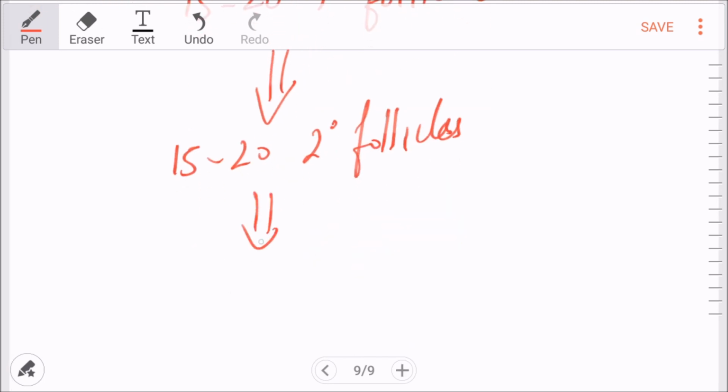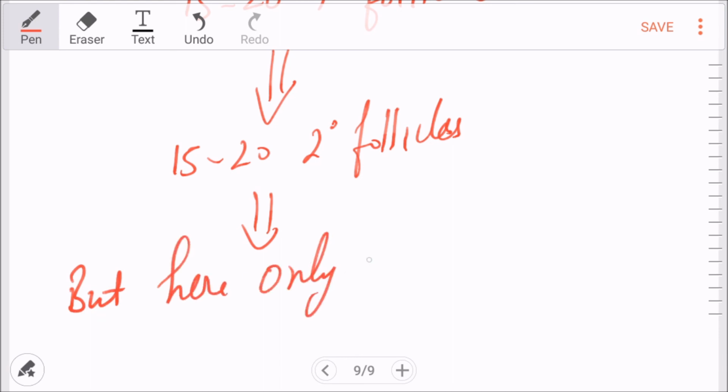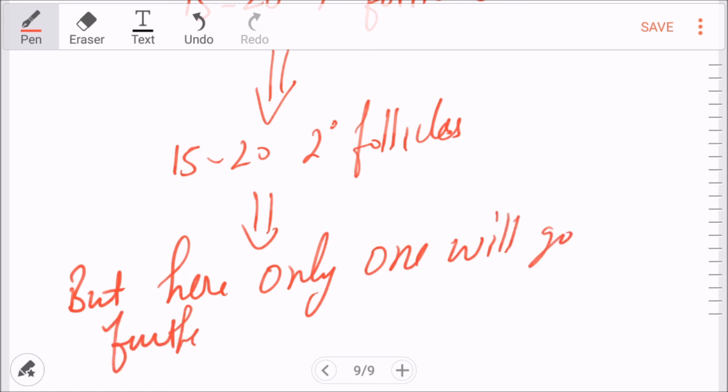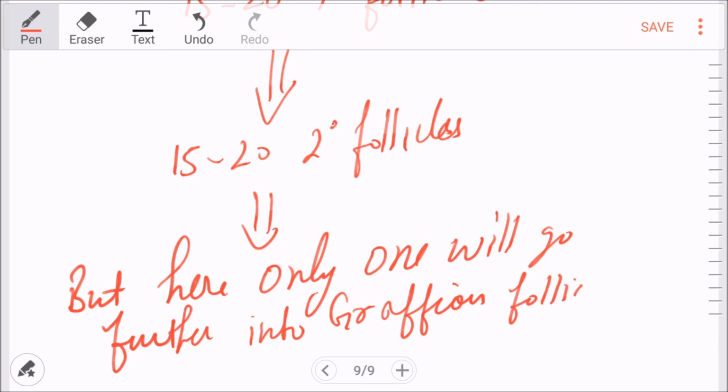But here only one will go further into the Graafian follicle,